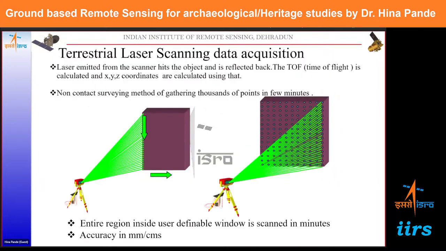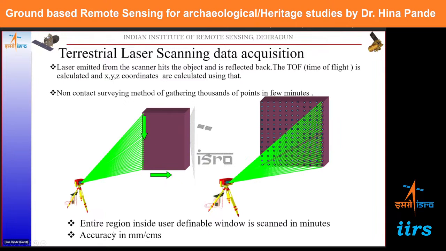So the data acquisition using the terrestrial, since we are discussing only ground-based sensors, we will focus on the terrestrial laser scanning data acquisition. So the laser emitted from the scanner hits the object and is reflected back. So the time of flight is calculated, and with this time, X, Y, and Z coordinates are calculated. It is a non-contact surveying method, and it gives us millions of points in just a few